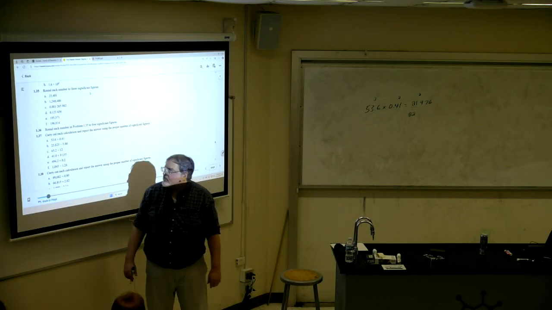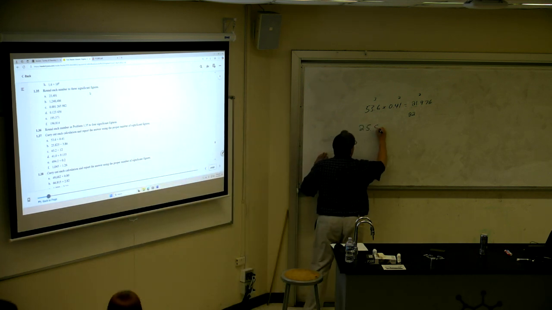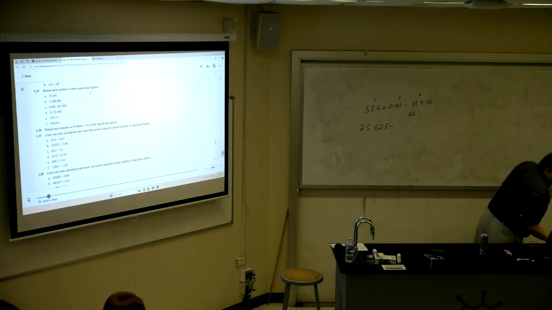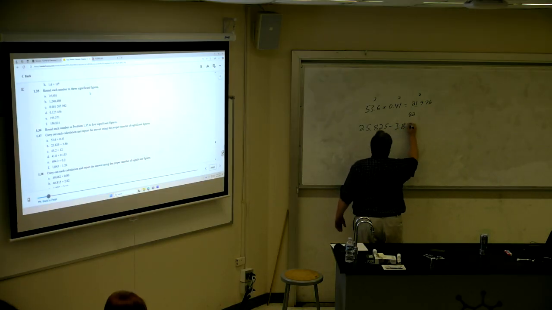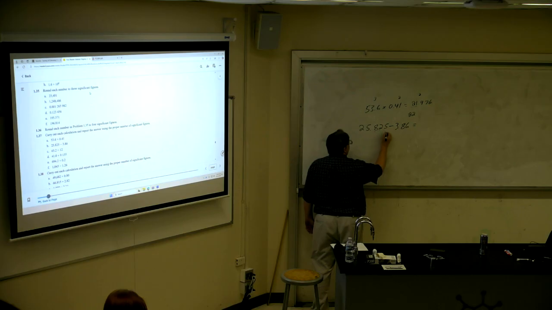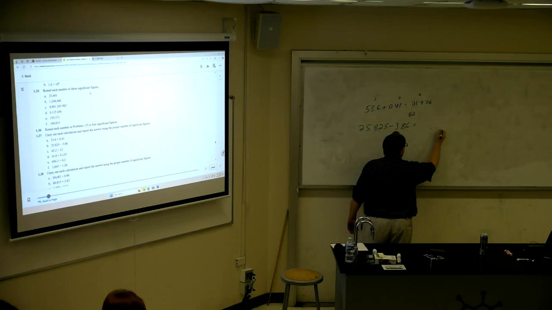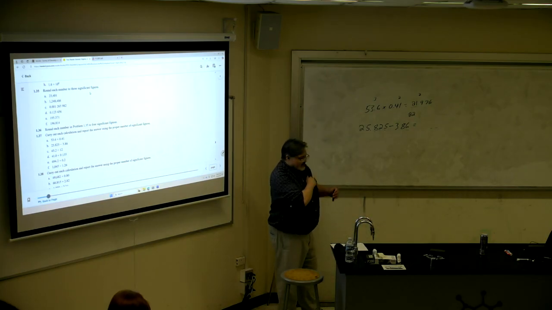Addition, subtraction, so 25.825 minus 3.86. I'm going to do this in my calculator, but this is saying I have 3 after the decimal. This has 2, so my answer has to have 2 after the decimal. It can't have 3, it can't have more than that. It's not 1. So if you do this in your calculator, you'll get